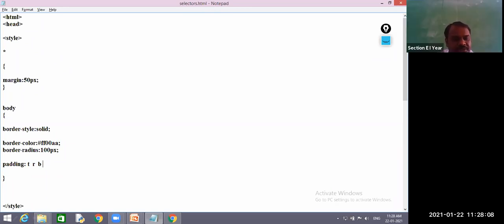If I give three values, the right side space will be applied for left side too. If I give two values, top and bottom same, right and left same. If I give one value, see, padding with 30 pixel. Can you tell how it displays?